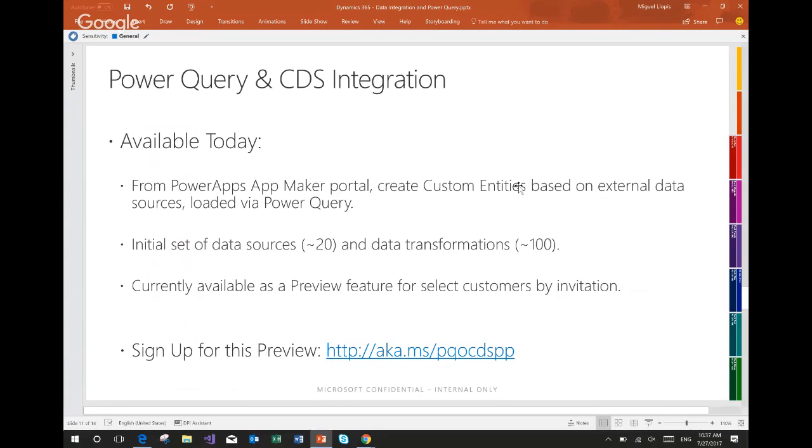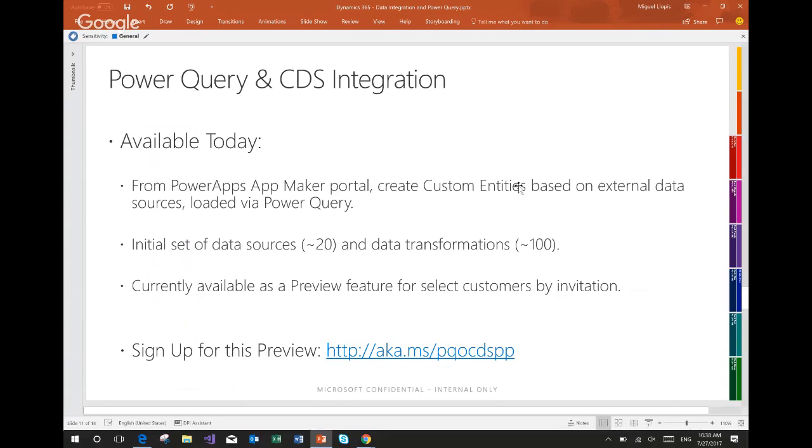In this initial integration, we expose about 20 data sources today. We'll talk a little bit more about that. And a few data transforms. I think it's about 100 transforms right now. In comparison with our client or desktop integrations for Power Query, where we have about 75-something data sources and over 300 transforms, you might think this is very few. And I actually kind of agree with you because I'm so used to the good stuff in the clients, but we're going to be working towards closing that gap over time.